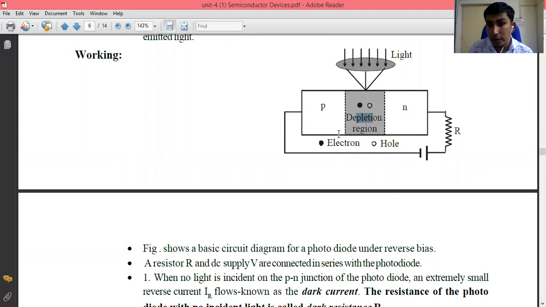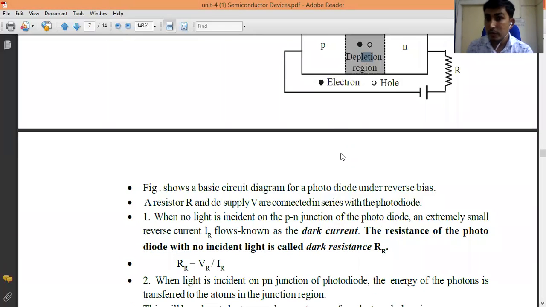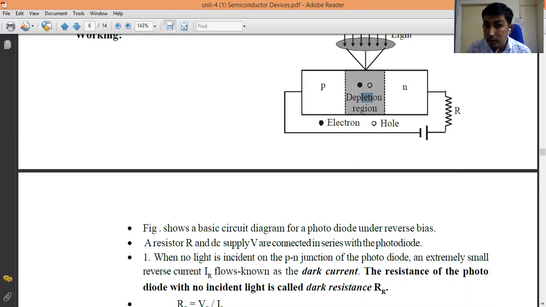There will be two types of current flowing through the diode. The first current is called the dark current. Whenever there is no light incident on the junction, it is similar to our PN junction diode, where a very small, extremely small leakage current will flow. So when no light is incident on the PN junction of the photodiode, an extremely small reverse current